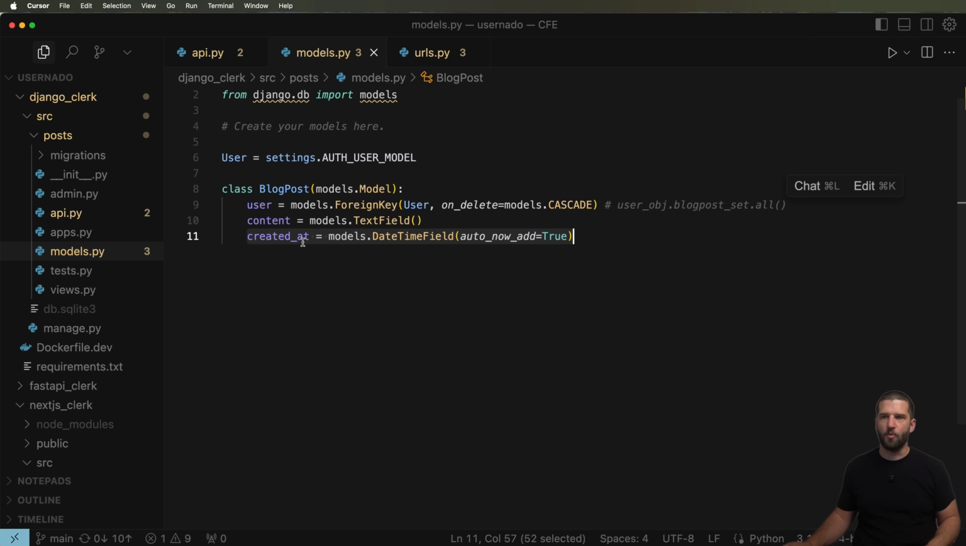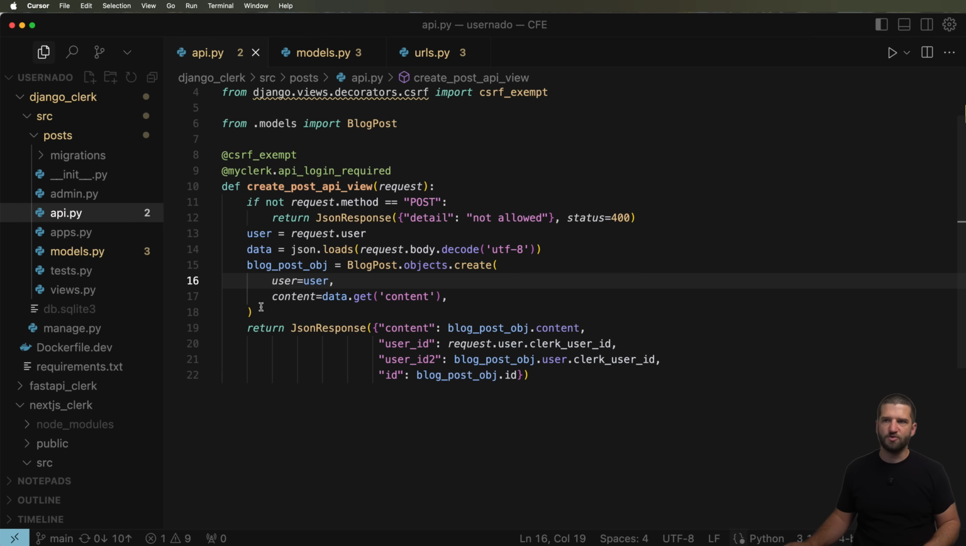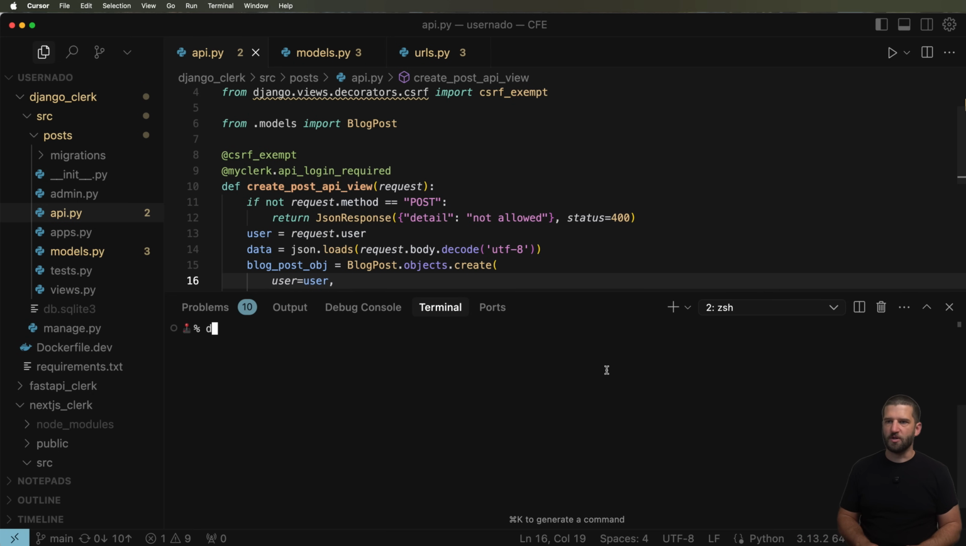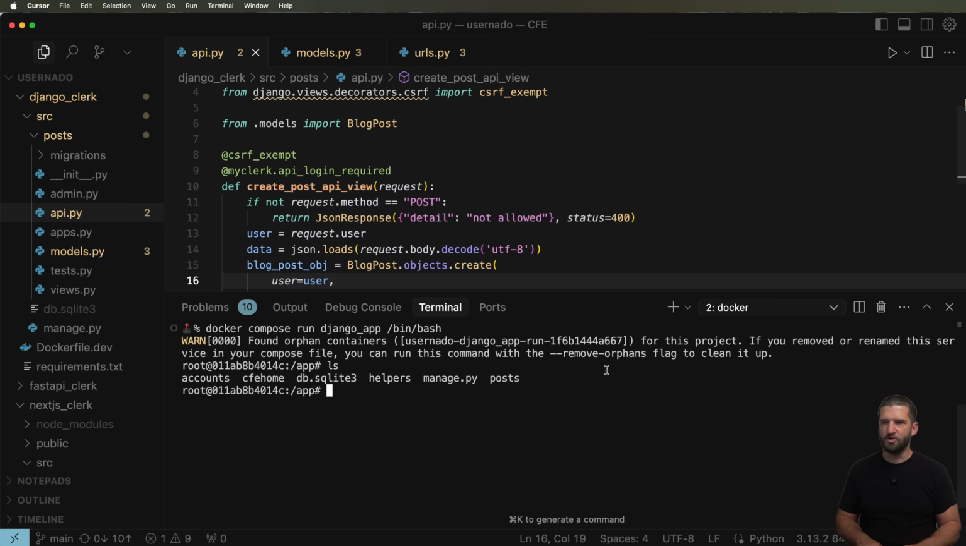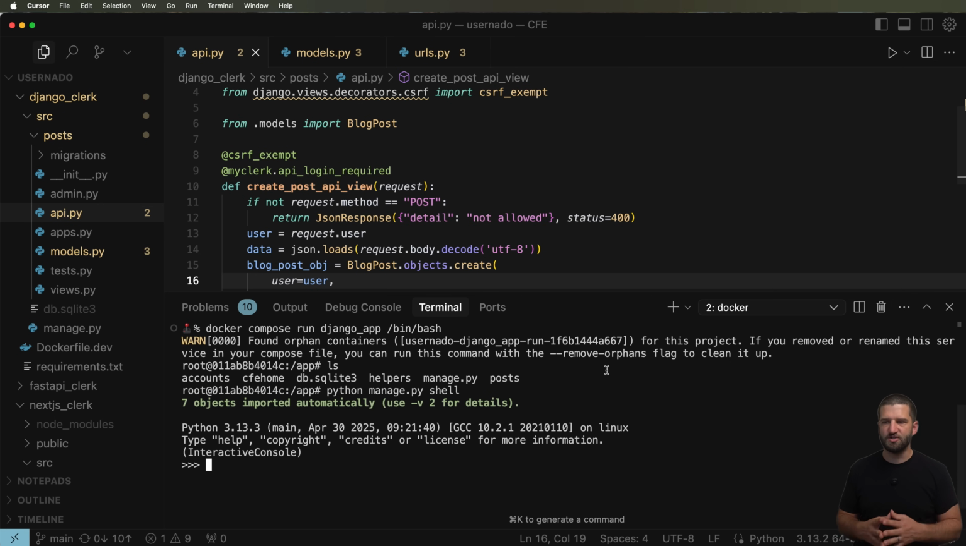But let's take a look at that right now, because what we want to do is we now want to have an API endpoint that grabs specific user data. So the way we're going to do this is we're going to jump into docker compose run, and then of course it's going to be our Django app, and then we'll go ahead and do bin/bash. And then in here, we should be able to run python manage.py shell. And now we have access to the Django managed shell, which means that we can actually do BlogPost.objects